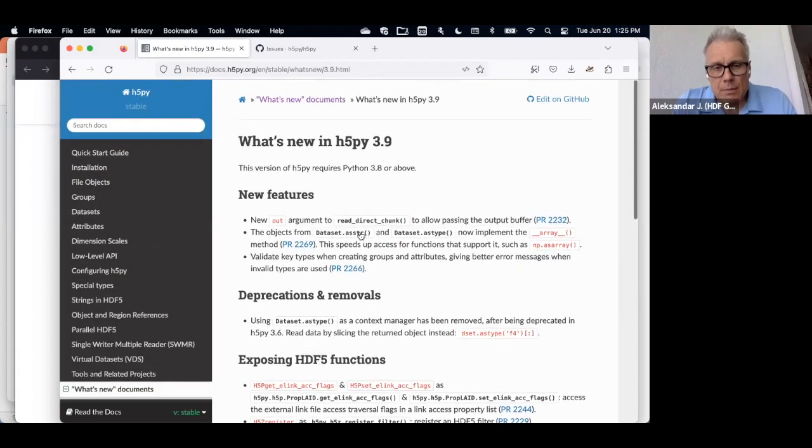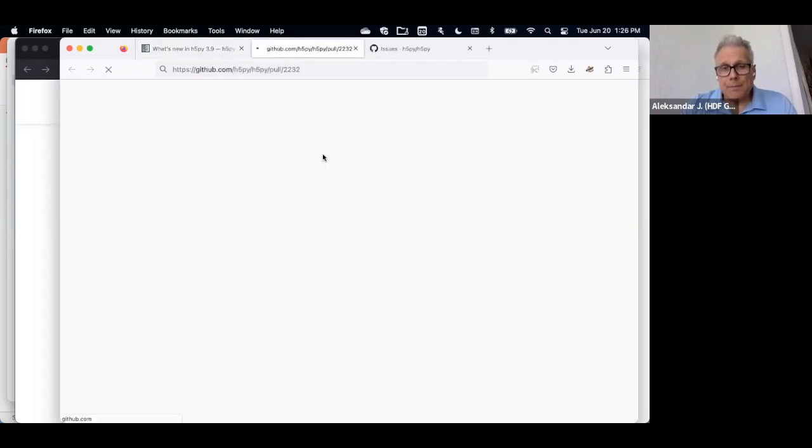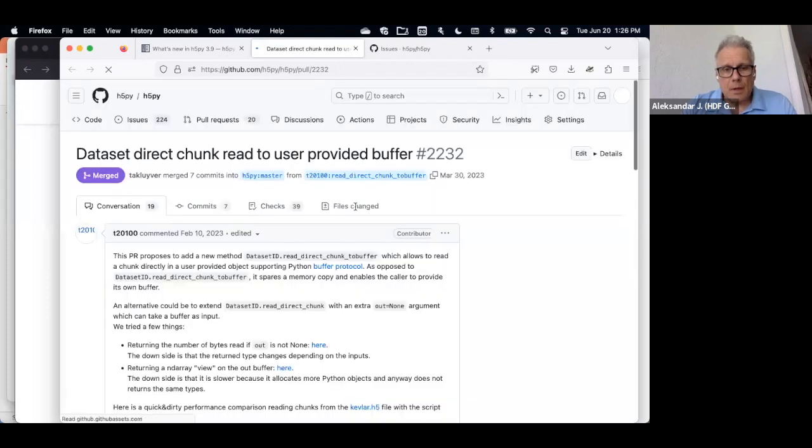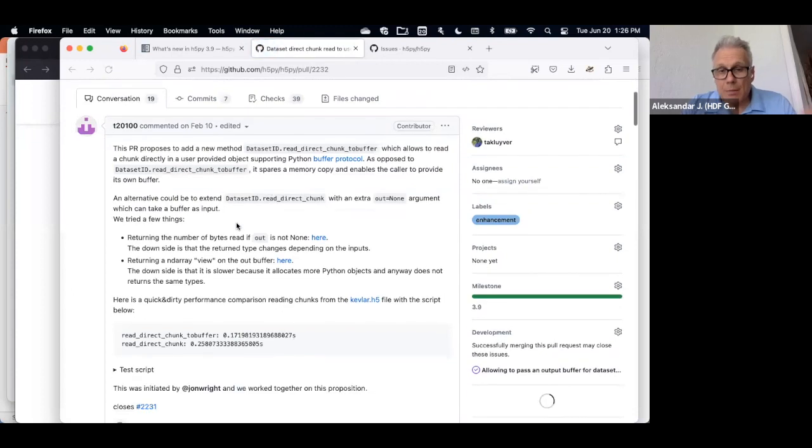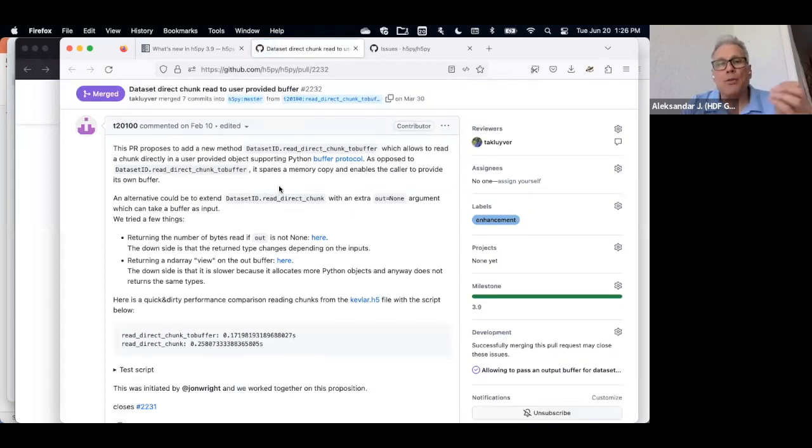The new features. There is now a new argument added to read_direct_chunk, which is essentially the HDF5 library's direct chunk function. It allows passing a buffer, actually any Python object that supports the buffer protocol.